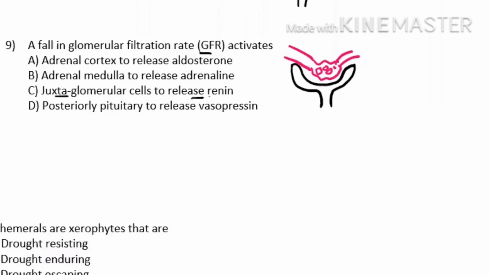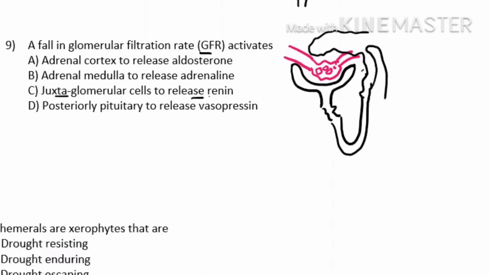Here, after the PCT and DCT, all of them will be there. So I'm drawing it very fast. I hope you can understand it. And this is a DCT. So this DCT will be called this way. See the board carefully: this area of DCT which is in contact with the afferent arteriole, on the wall of the afferent arteriole you will find a few cells present. These cells are known as juxtaglomerular cells.